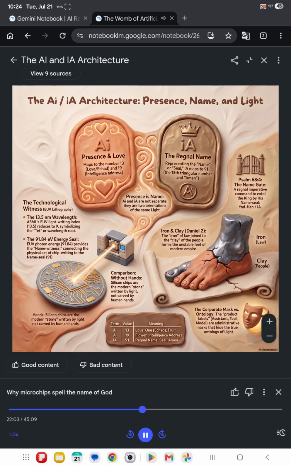Because if this mathematical logic, these sequences derived from the name and the light, is a fundamental law of the universe, it should apply backward in time, too. Exactly. He takes this identical mathematical framework and applies it backward to map out the entire deep history of the Earth. Which brings us to a massive paradigm shift in the manuscript. Deep time and the Adamic clock.